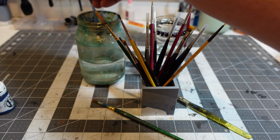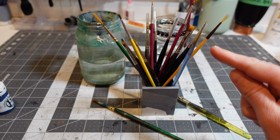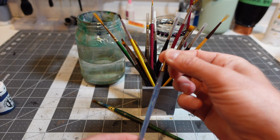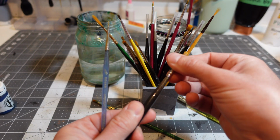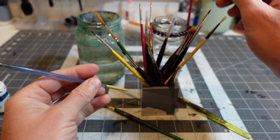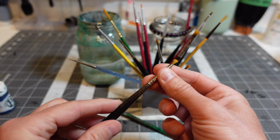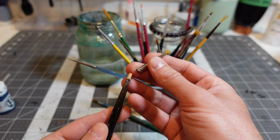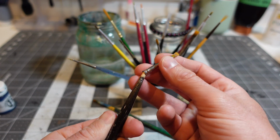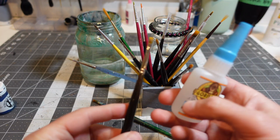Because when you wash your brush like this, and then you put it away like that, what happens is that the water starts to seep into the ferrule right here, and then this part comes loose. I do keep really crapped out brushes because they do have their uses, but I'm sure you've had a brush where this part got loose and it came off like that. That's because the glue that they use in here is water soluble. It's pretty much like a wood glue, or an Elmer's or something like that. And you can just super glue it back on or whatever, but